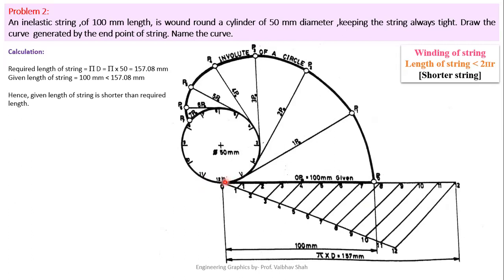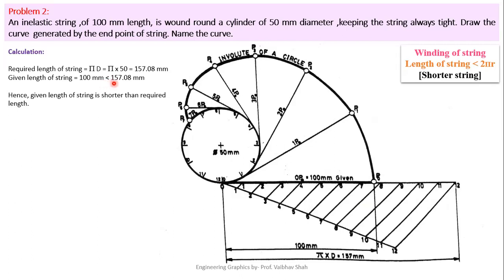After that, you have to draw one tangent line from the bottom portion of the circle, horizontally like this. This line is of the length of your longer length. So you will be confused here. Sir, once again we are having two different lengths, 100 mm and 157.08 mm. So sir, which length should we draw as a horizontal line tangent to this circle? Let me clarify once again.